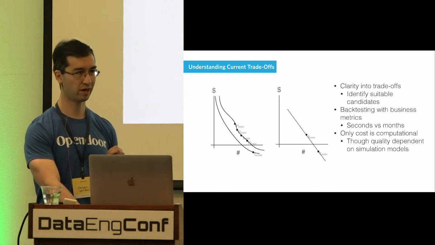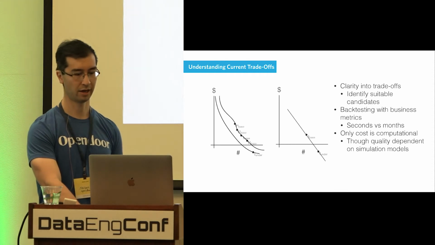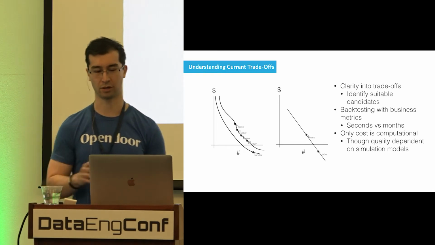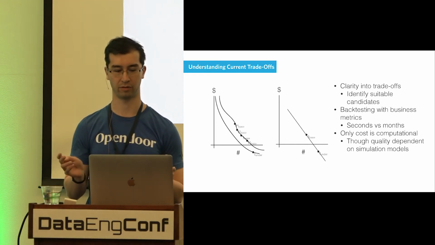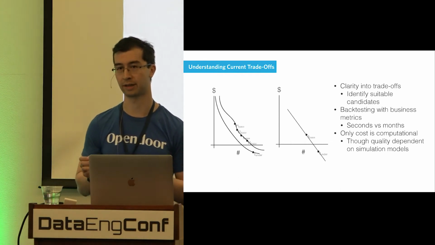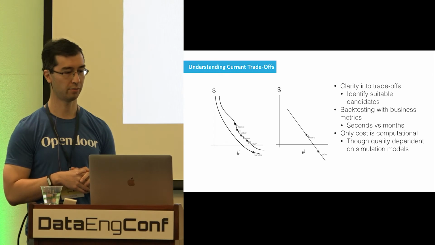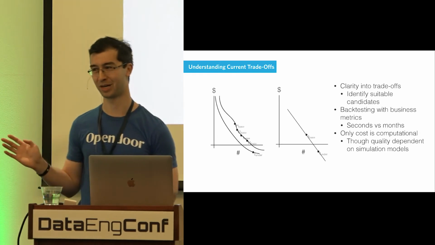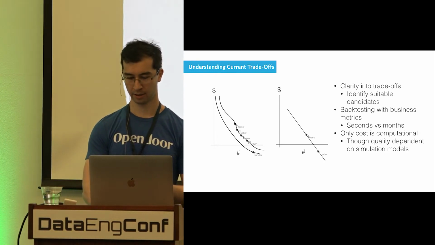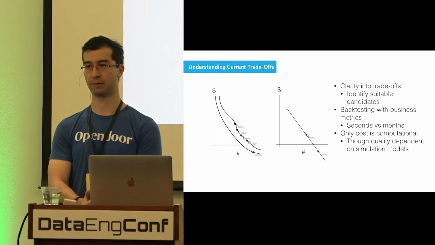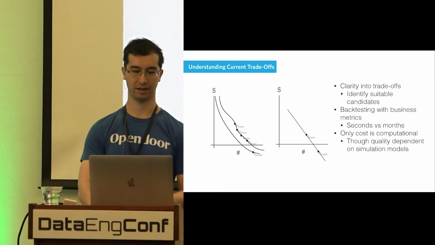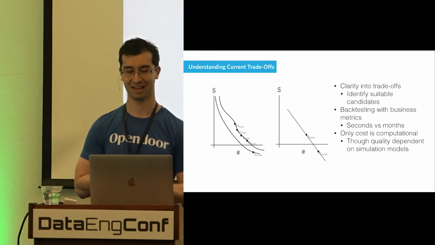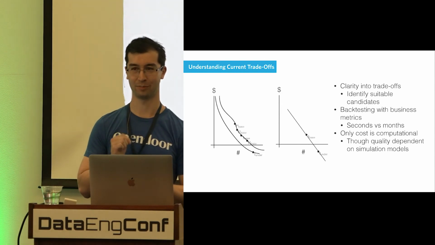So we've known how to backtest for a very long time in machine learning. This gets you backtesting with business metrics, which is kind of cool. You're not talking about RMSE or AUC or log loss. You're talking about quantity, volume, and margin and stuff like that. And because you're doing a backtest, it takes seconds versus the forward A/B test, which could take many months for the results to trickle in. So the main cost is computational, and it's very precise, but how good is the quality of the results? How accurate is it really? And I will return to that in a moment.